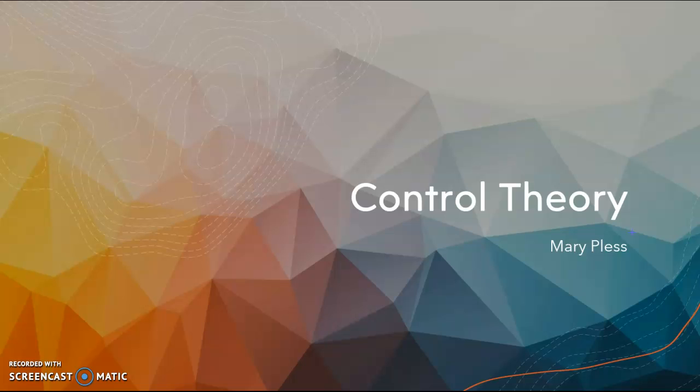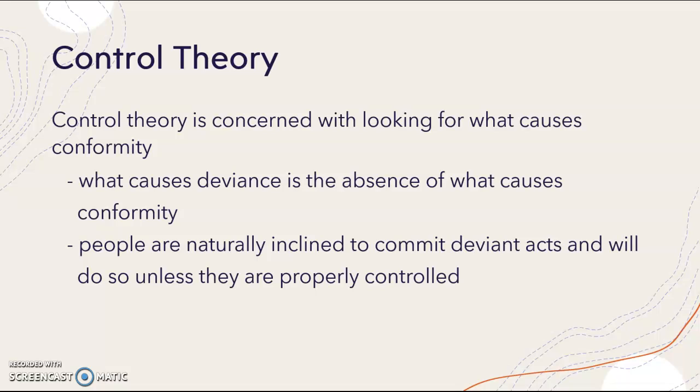Control theory. Control theory is concerned with looking for what causes conformity. What causes deviance is the absence of what causes conformity, or in other words, deviance is caused by the absence of control. Based on Freudian ideology, people are naturally inclined to commit deviant acts and will do so unless they